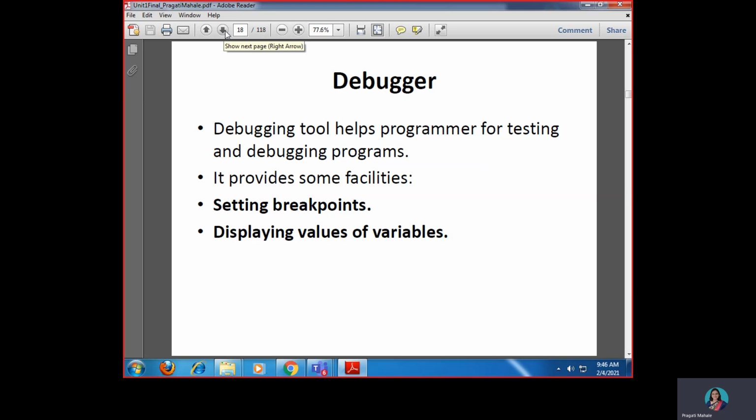A debugging tool helps the programmer in testing and debugging the program. It provides some facilities, like you can set breakpoints and you can display values of the variables. Dear friends, you are using many different kinds of editors or platforms to write your program.